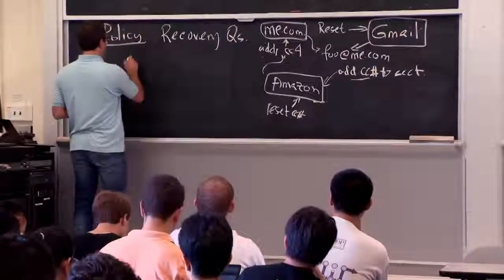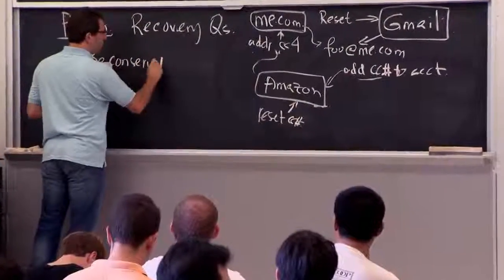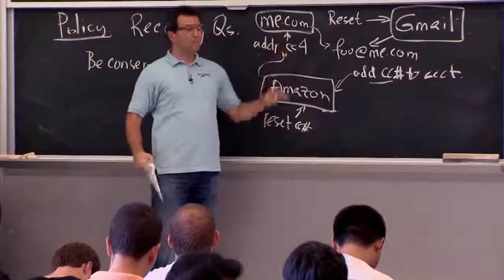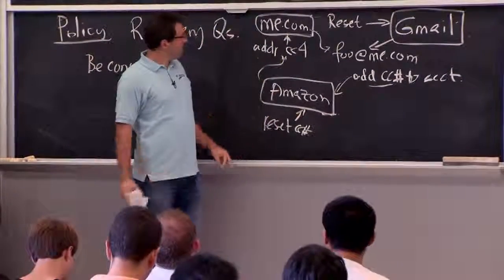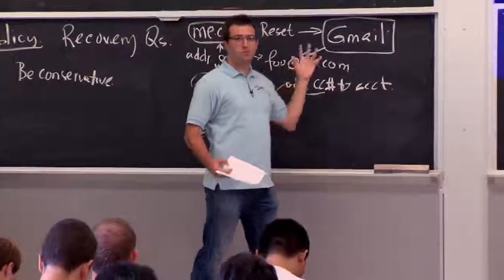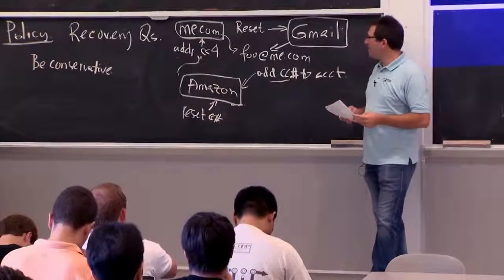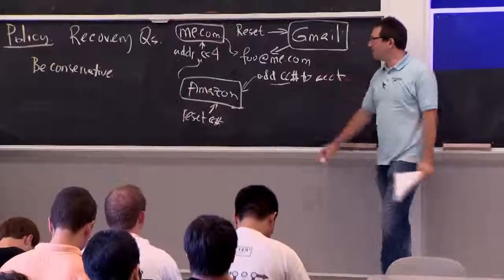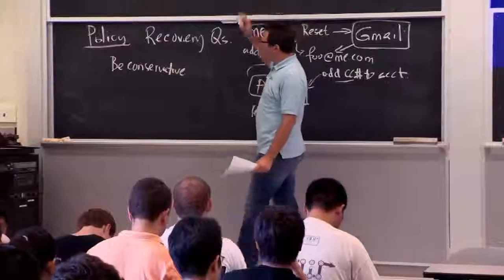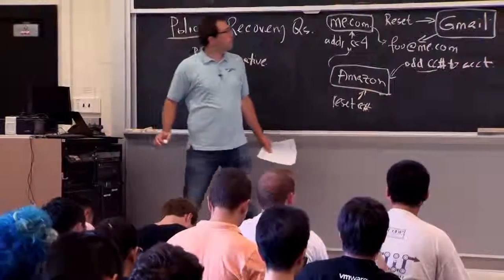I guess the one general plan is be conservative in terms of what you set your policy to be, to maybe not depend on things other sites might reveal. So, well, I'm not sure if any really great advice would have prevented this problem, but now you know, and now you'll make other mistakes. And there are many other examples of policies going wrong and allowing a system to be compromised. That's interesting enough, but let's look at how people might screw up threat models. So let me maybe turn off this blue square.